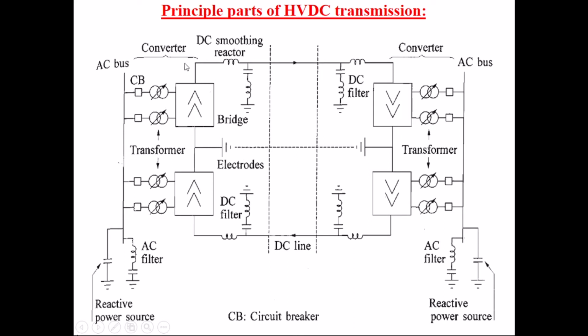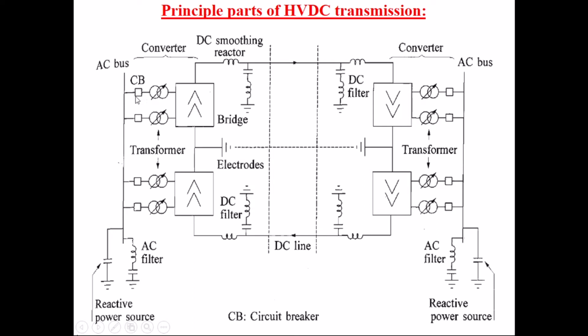So in most of the HVDC systems in the world we use the bipolar operation. At each end we require two converters, one 6 pulse converter and another 6 pulse converter, both connected in series, so that we can make the 12 pulse operation. Another main component that we require is the converter transformer. This is a special type of transformer, different as compared to the normal conventional transformers. We will discuss later what is the difference between conventional transformers and converter transformers. Because these transformers are near the converter, we call them converter transformers.